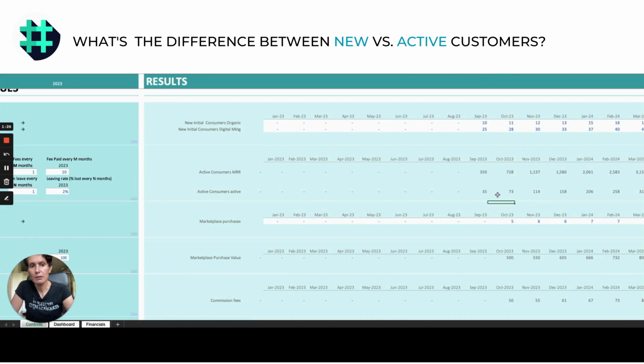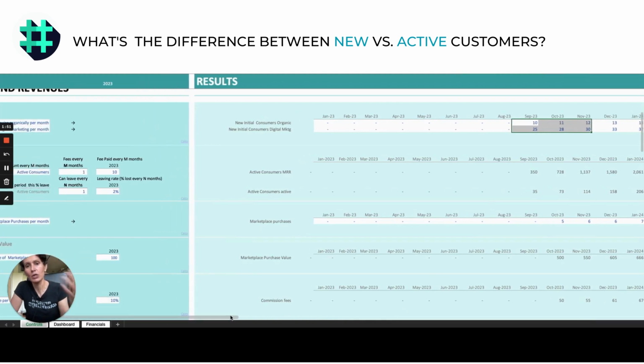And if we scroll down a bit, we'll see that the active customers, which is calculated down here, is different from taking the sum of these months all together. So the sum of these 3 months is 116, but we see that we actually have 114 active customers at the end of November, whereas we were sort of expecting more. So what's happened to those? And this highlights the difference between new and active customers.